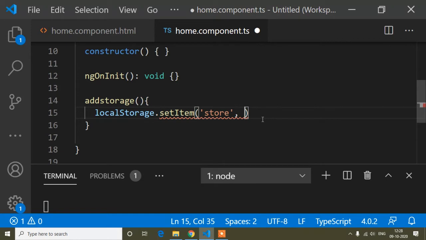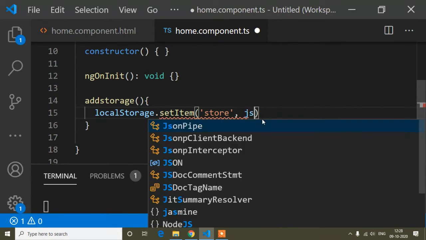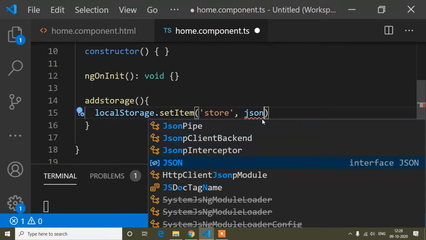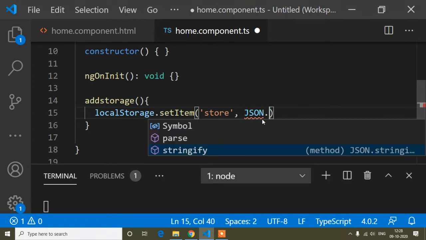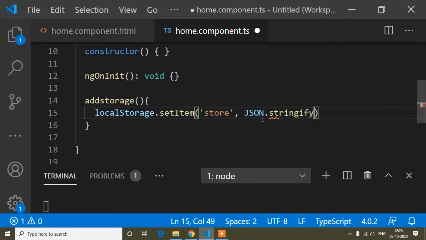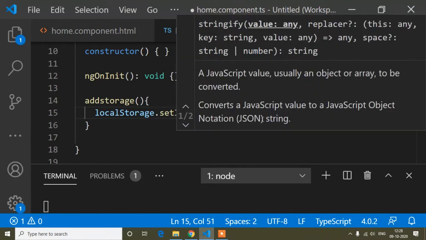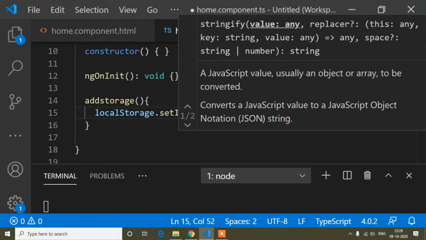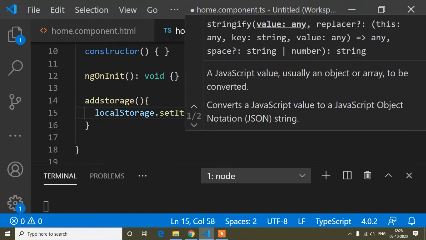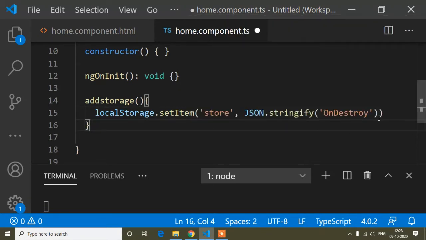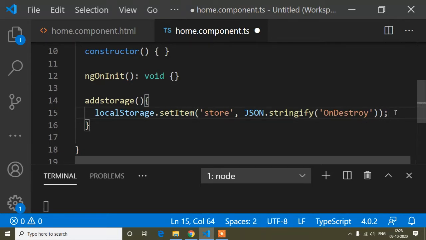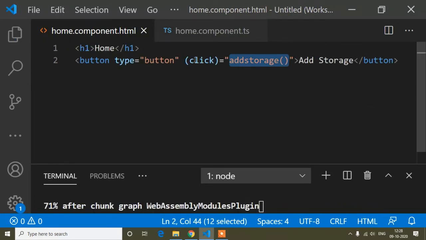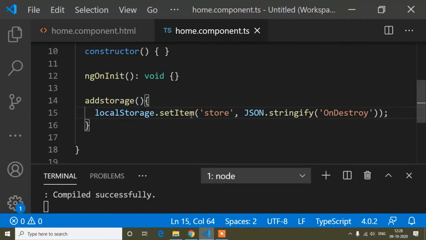I will pass a string value, but before that I have to write JSON.stringify, to convert to JSON format. I will pass the value as onDestroy. That means when I click this button, it will set a value in local storage, that is onDestroy.